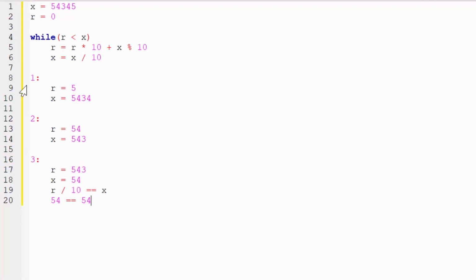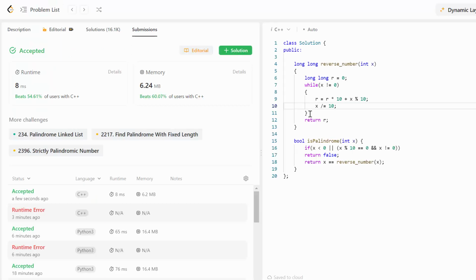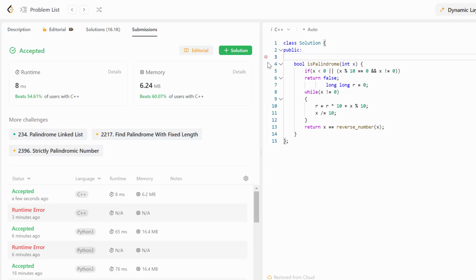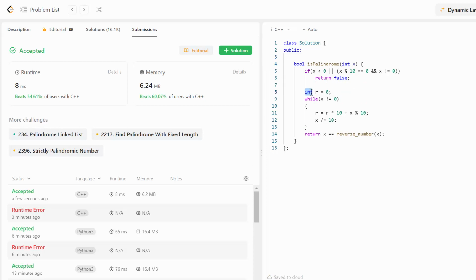Okay, now let's think how we're going to apply this modification of the solution to our code. Let's go back to LeetCode. What I'm going to do is move this code here. I'm going to delete my reverse number function, and since now I don't need extra space to store a long integer, r will be just an integer. And you remember that now we have a new condition. While r is smaller than x, we are going to perform this modification, and in the end we are going to return x is equal to r.